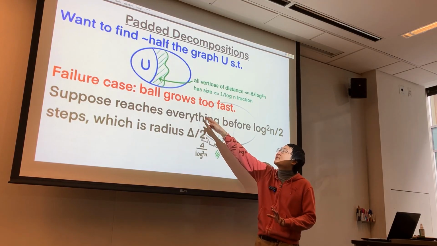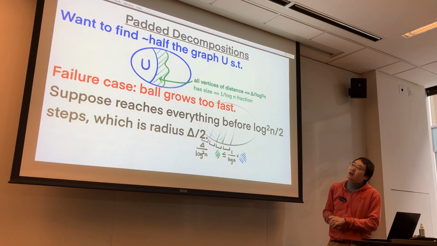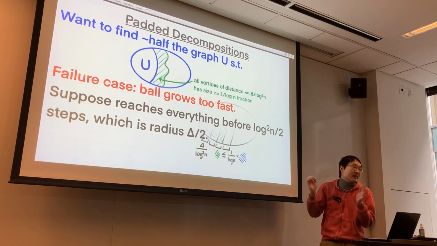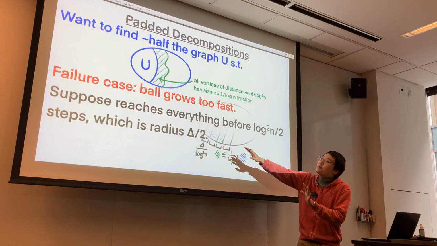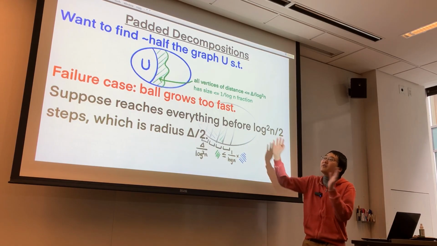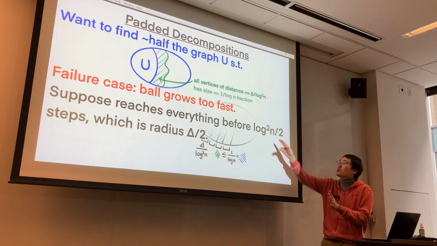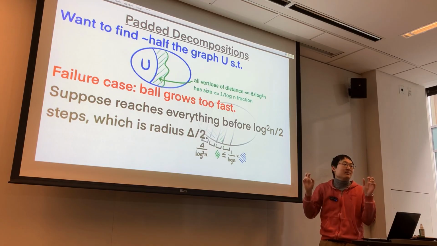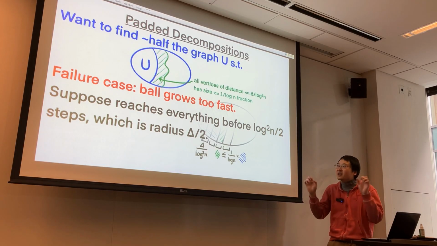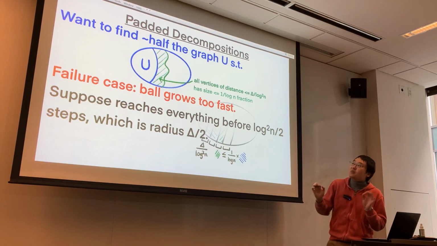What happens in the very extreme case where the first ball you grow immediately gets everything? It's possible that you just immediately get everything. More generally, suppose the ball grows too fast, in the sense that before you find a sparse cut, you just immediately get everything. This can happen, and it will still happen within log squared iterations, because that was the sparse cut analogy. But it could be that at some point you get everything, and the next level is actually nothing, because there's nothing else to grow. So technically you get a sparse cut there, but it doesn't really help, because you got everything. You don't want to delete everything, because you want things to be